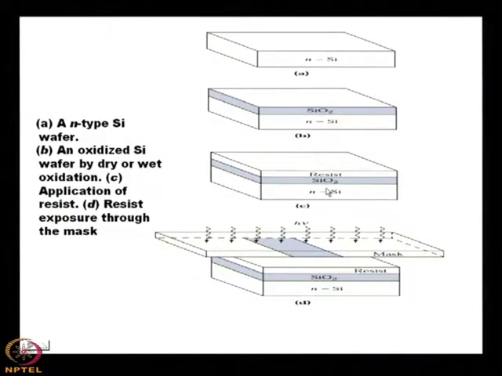Because our aim is to open a window on the N silicon, because when we make a PN junction, I have to define the junction area, I have to define the junction geometry, whether the junction will be 1 micron by 1 micron, whether the junction will be 0.1 micron by 3 micron, that you have to calculate using some